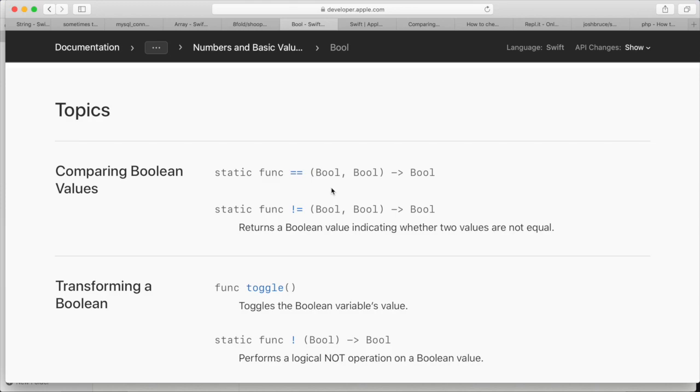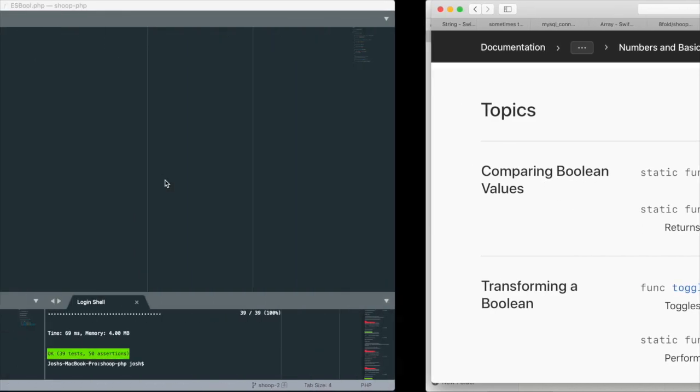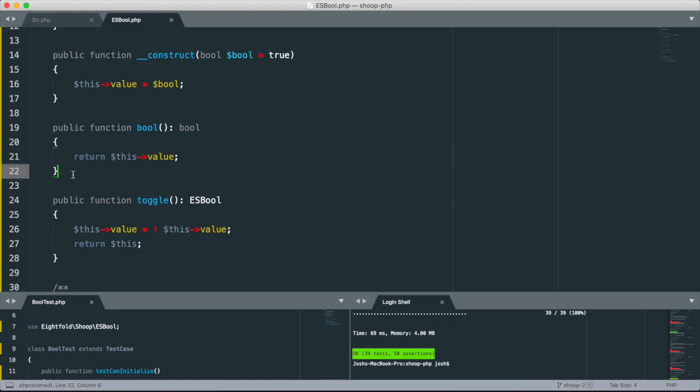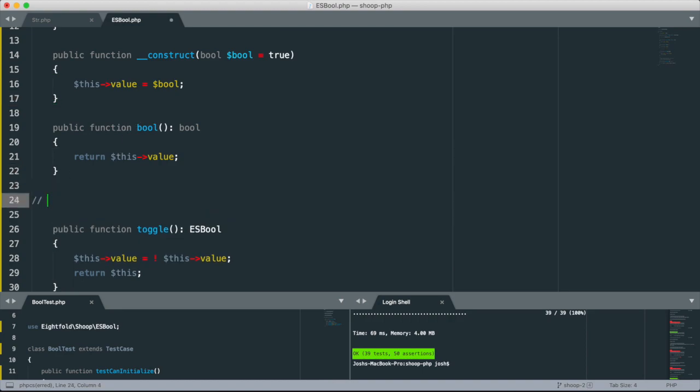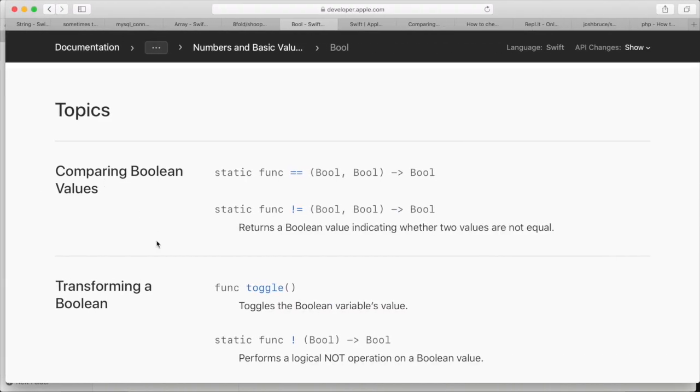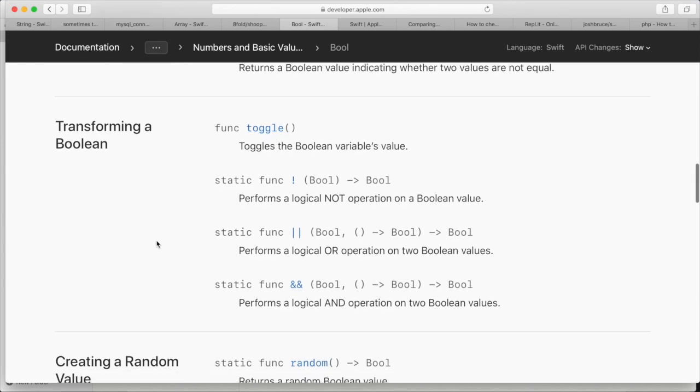So if you're looking at the HTML5 spec, you can come over to the project and you can kind of go through and see where the stuff is and everything like that. And I'm going to want to do the same thing here. So comparing Boolean values, even though we don't have any code for this yet, I'm going to go ahead and just put comparing there. And then we have transforming,